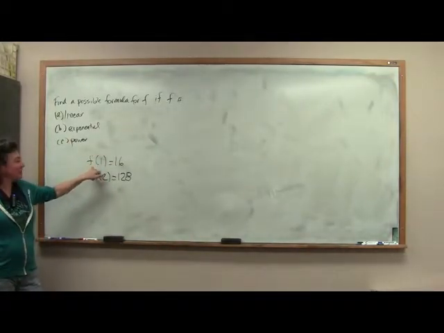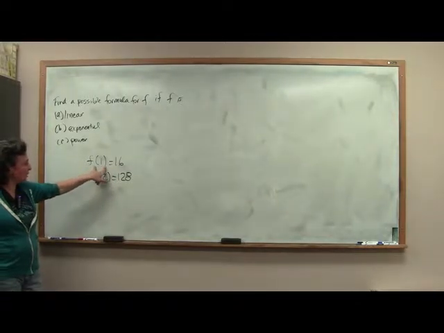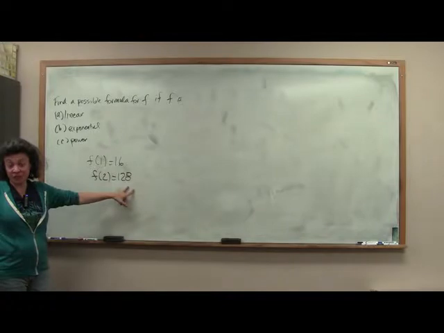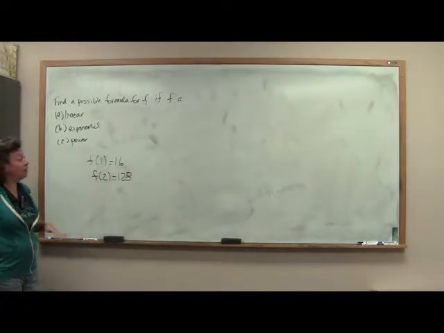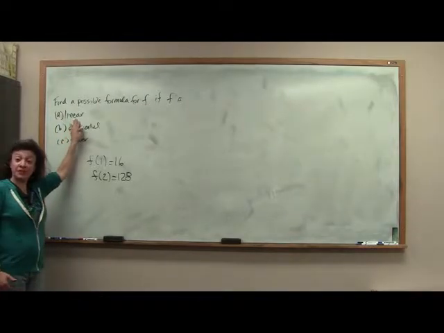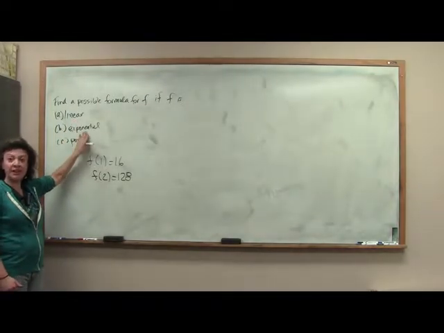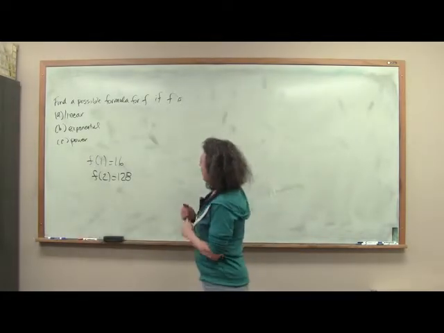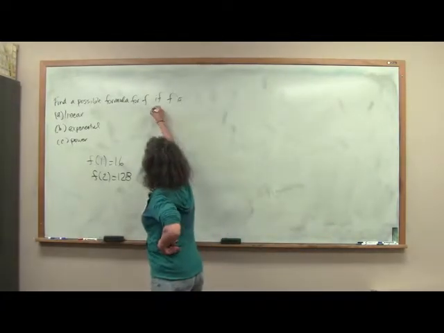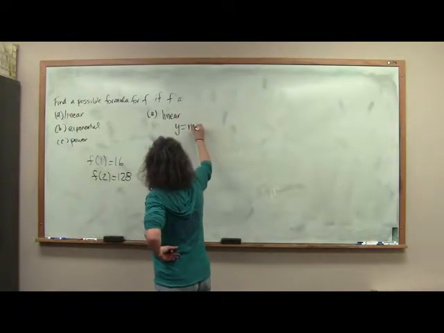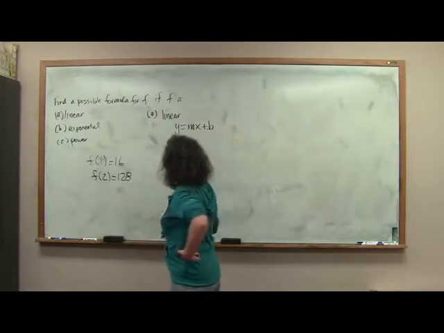But now what we're going to do is start out with f of 1 is 16 and f of 2 is 128. And let's now find the formulas if we first view this as a linear function, then an exponential, and then a power function. All right, so part A, if this is a linear function, we have y equals mx plus